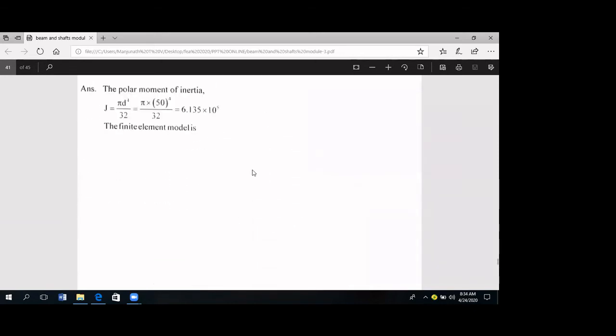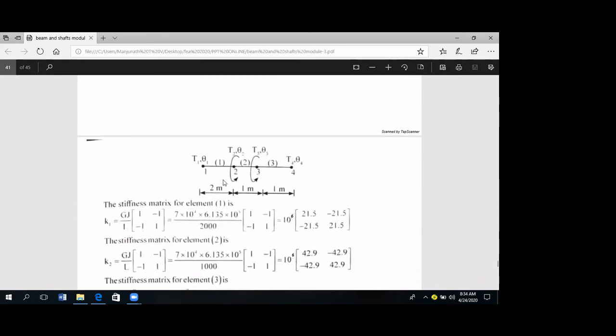Okay, so based upon loading conditions, we have got two nodes at node number 2 and node number 3, so that overall node numbers are 1, 2, 3, 4, and the elements become 3 minimum elements: element number 1, element number 2, element number 3. At node number 1, the applied torque is T1 and the angle of twist is theta 1. At node number 2, T2, theta 2. At node number 3, T3, theta 3. At node number 4, T4, theta 4.